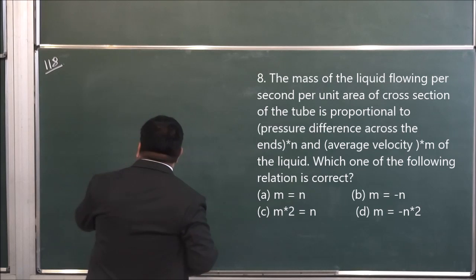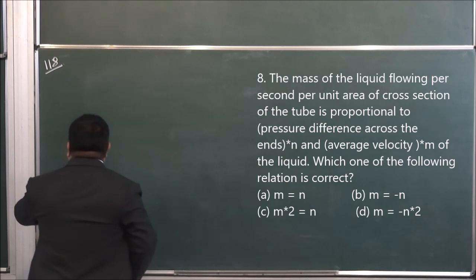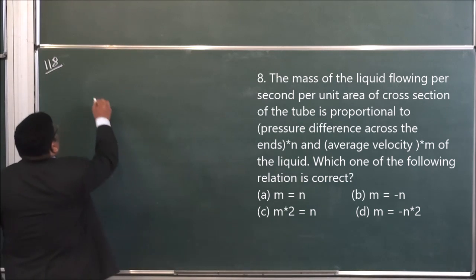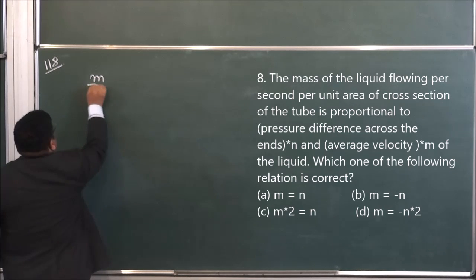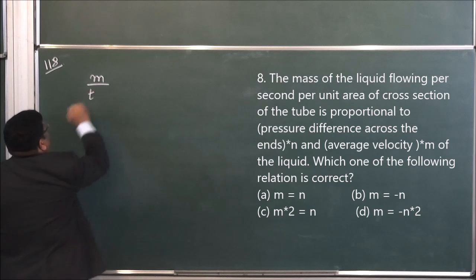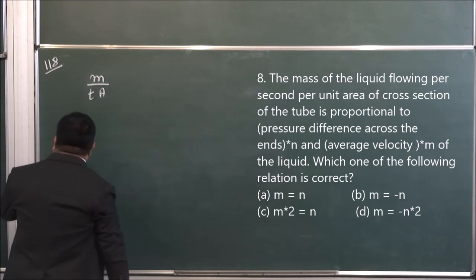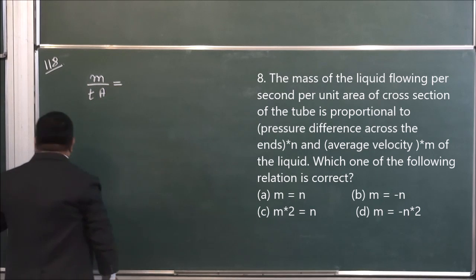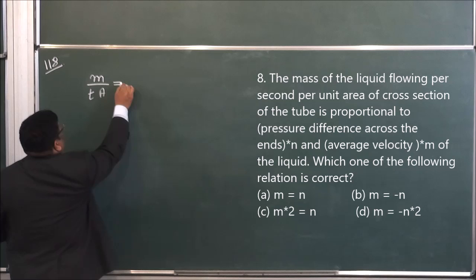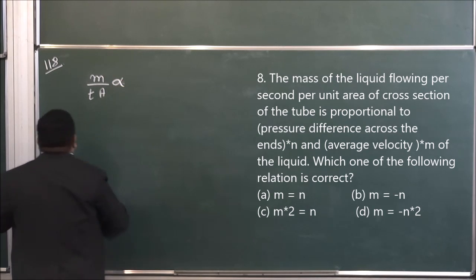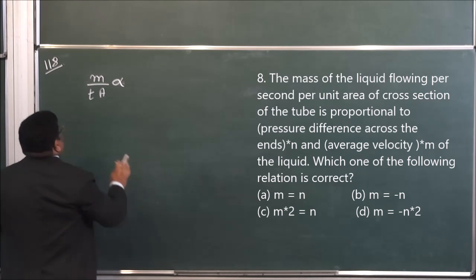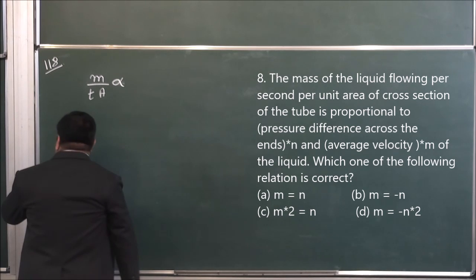Yes, mass of liquid flowing per second per unit area of cross section of the tube is proportional to, okay, or we can write it, the dimension will be equal to, okay,